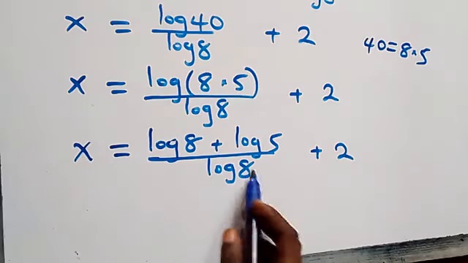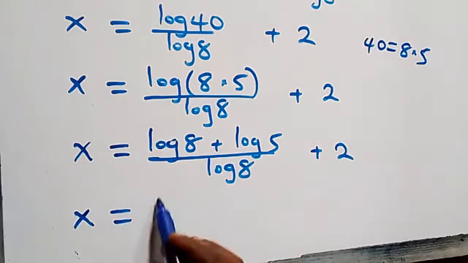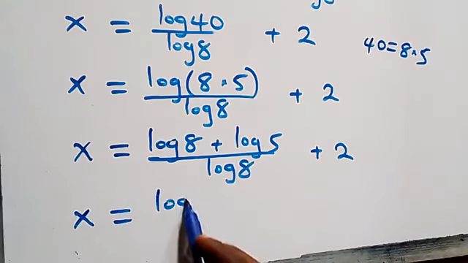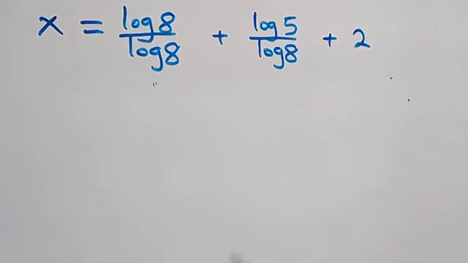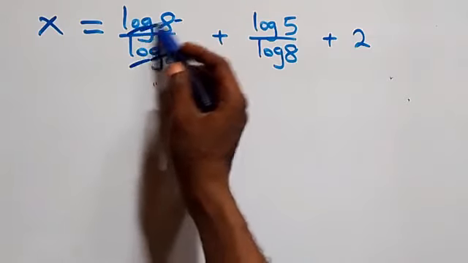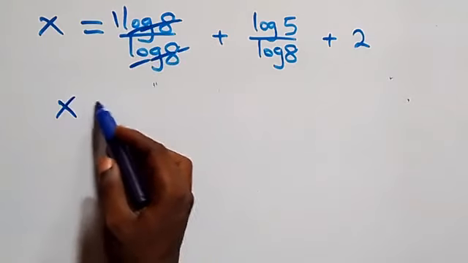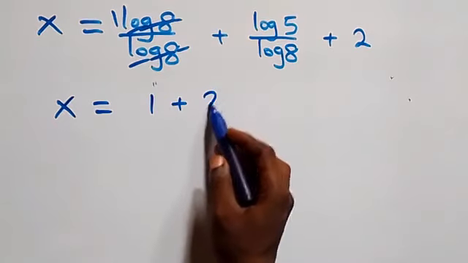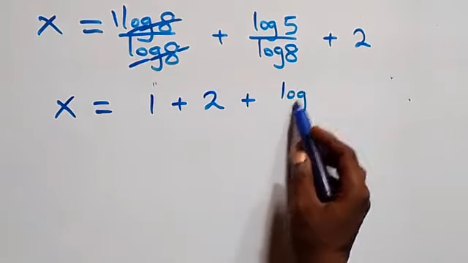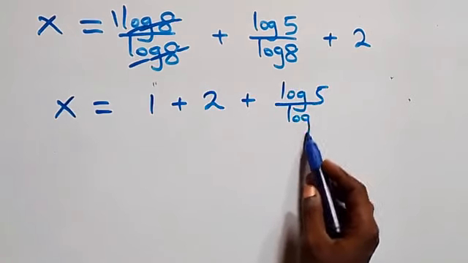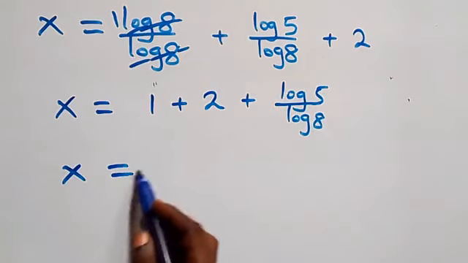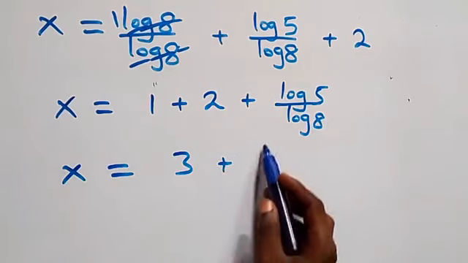That is, here we separate this into two fractions, and we have x equals log 8 over log 8, then plus log 5 over log 8 plus 2 here. That is also, log 8 cancelled each other here, and we have 1 left here, which implies x equals 1 plus, here we can write 2 first, then plus log 5 over log 8. And here this becomes x equals 3 plus log 5